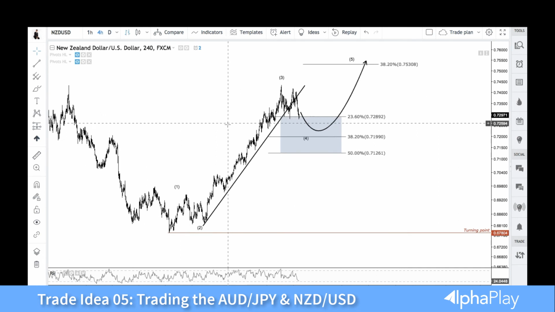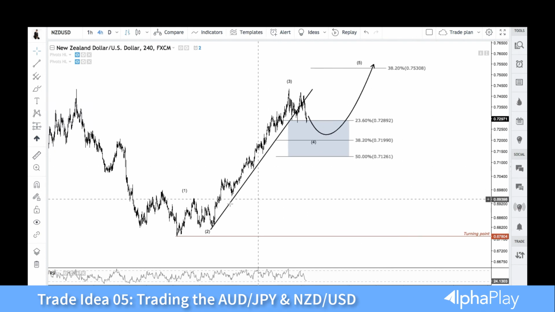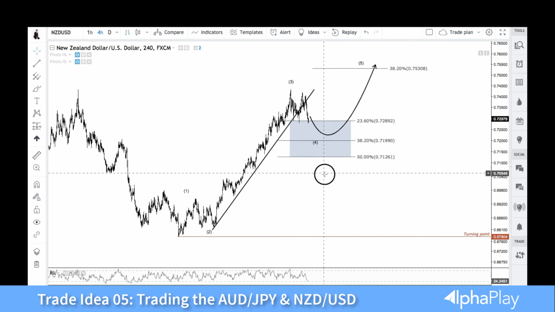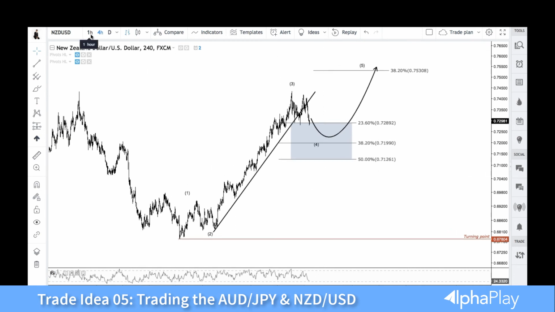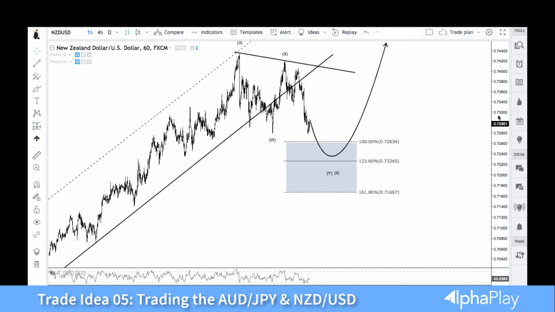Okay, so with that, I'm also expecting the wave 4 to be developing right now, and I'm looking at it completing around the 7289 to 7199 area. Okay, this move here, as long as it doesn't breach your first wave territory, okay, it will be valid, but of course you wouldn't want to put your stops over here because it's gonna be a very negative risk to reward ratio. Okay, so that's the part where I will actually go down to the 1-hour time frame to identify